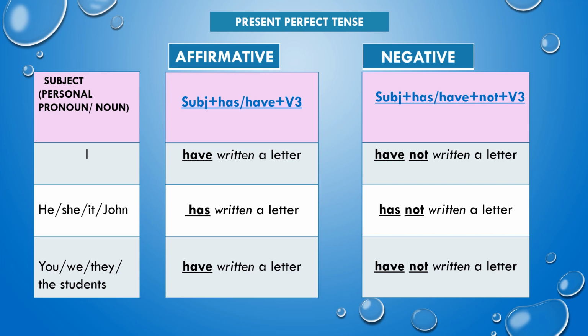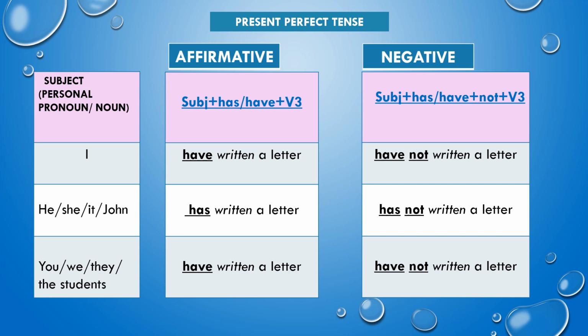And has is only used with he, she, it, and singular noun, or in the example given, John. So do not get confused. Have is used with I, you, we, they, or plural noun, and has is used with he, she, it, or